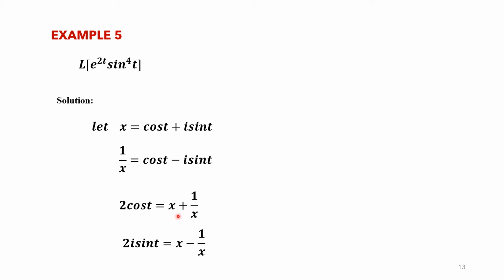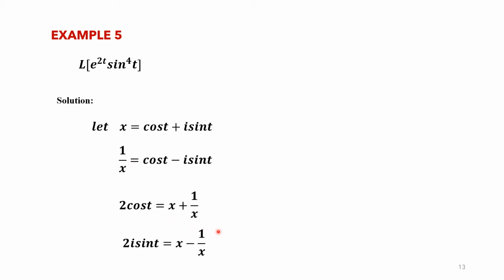Okay, you can use any one. Same formula we have. Here we have used cos t plus i sin theta, which is the same as e raised to i t. So we can replace x by e raised to i t and 1 upon x as e raised to minus i t. That also can be done. I've kept it in the x and 1 by x form. Anyway, we can do it. Because here we are not having that i part. When you convert this to e raised to, then you have e raised to i t minus e raised to minus i t. Just to avoid that, I have converted this to x and 1 by x.